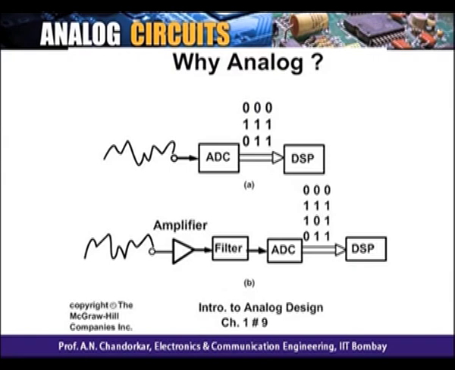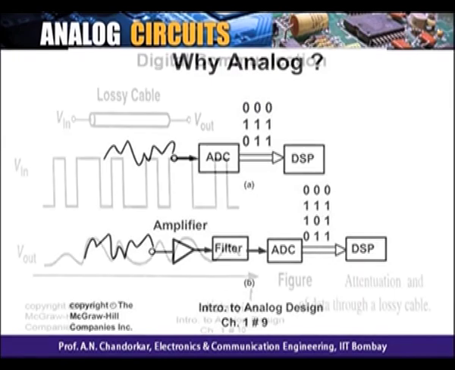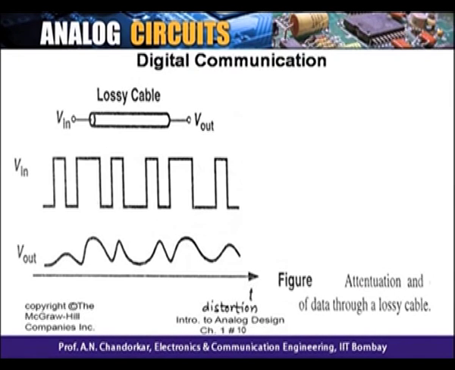First it is amplified, and as soon as I amplify it, I get some other frequency components. So I'll have to remove all those other than the signal I want. So I may need a filter, and then I go to the ADC and process digitally, and at the end, if I want analog output, I'll convert from DSP through D to A. So you can see that these two parts will be required even in an otherwise digital system, because otherwise I cannot process it.